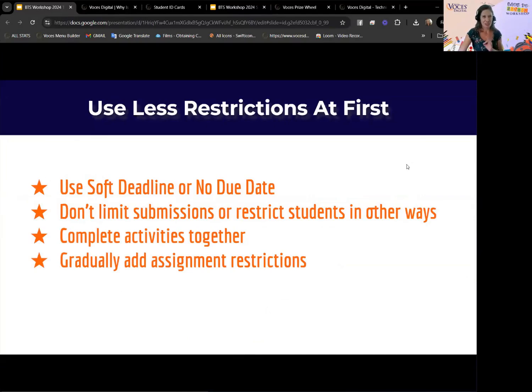Key to successful use of Voces is using fewer restrictions at first. So I would really recommend don't make a hard deadline in the assignment. Don't limit submissions or restrict students to a page from the get-go if you feel like they're taking some time to get used to the platform. Keeping it open and a little more malleable is going to allow them to figure things out. And then slowly you can add those assignment restrictions in, maybe one at a time,